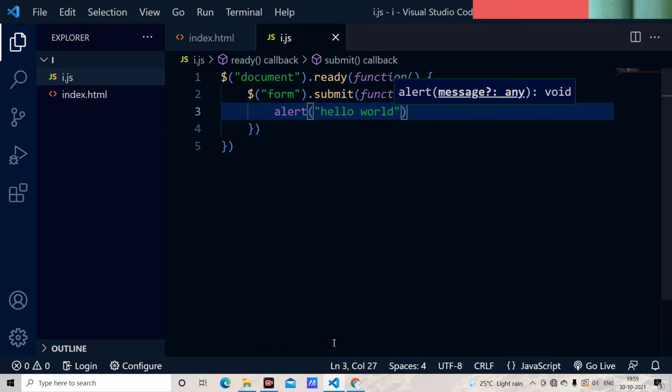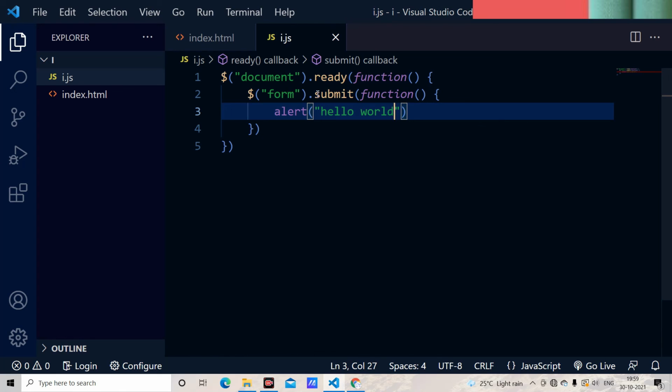For example, I just save it, and here I reload the site. As you can have a look at here, it is reloading the site, and I just give some random input, and I just enter it. As you can have a look at here, it is going to give me the alert, alert hello world. Just like here we have already written form submit. If submitted, you have to give the alert, and this is how we go with the submit method.